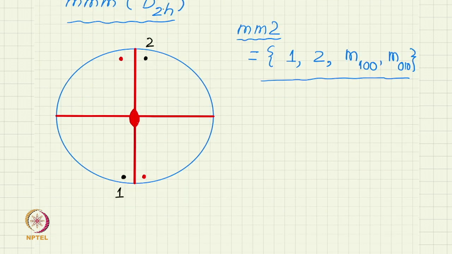So all we have to do now, so we have a group of order 4, MM2, and since I want now a perpendicular mirror also,